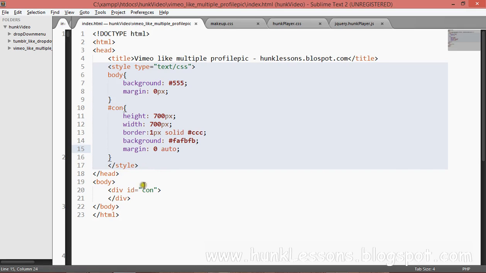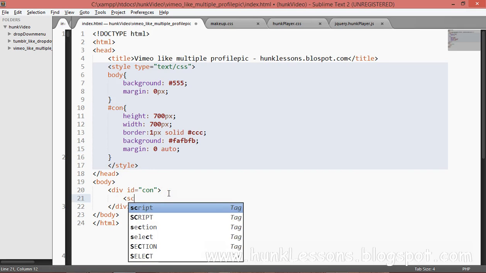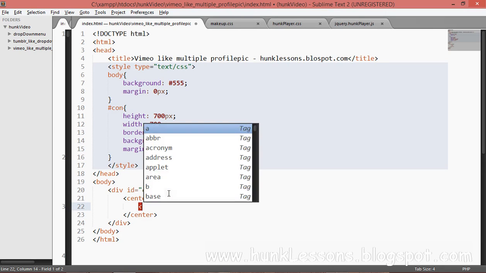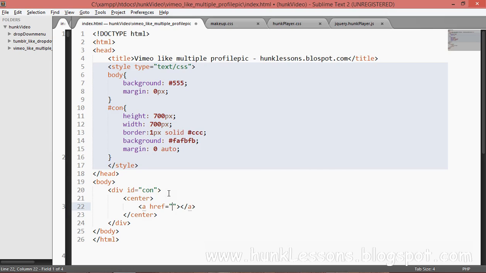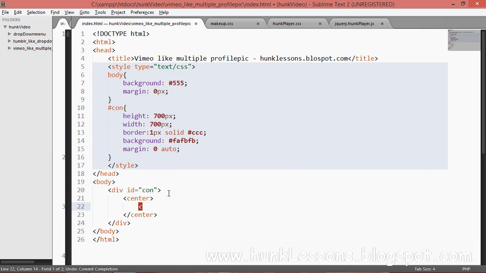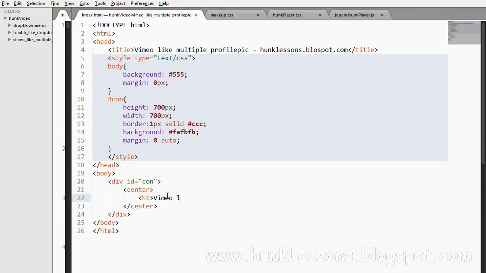Okay, now in the container, we use a center tag. It's an HTML5 center tag. It will center all the things which we put inside it. We will use an h1 element, where we are typing, like we will type it, hunglessons.blogspot.com.